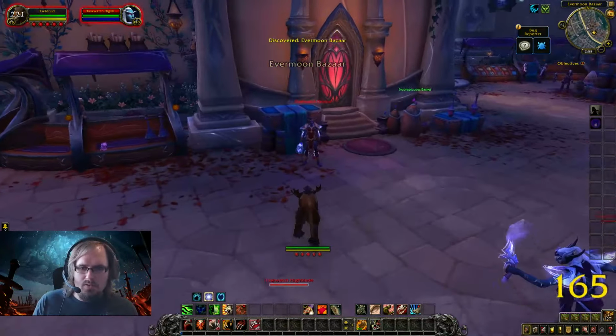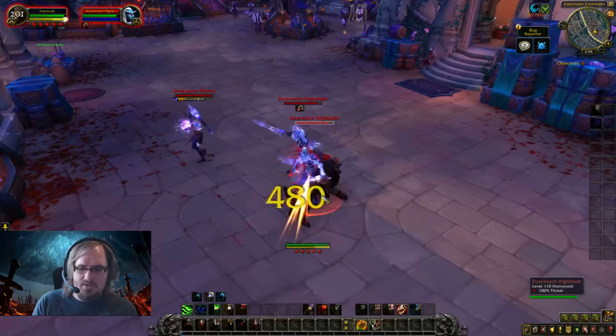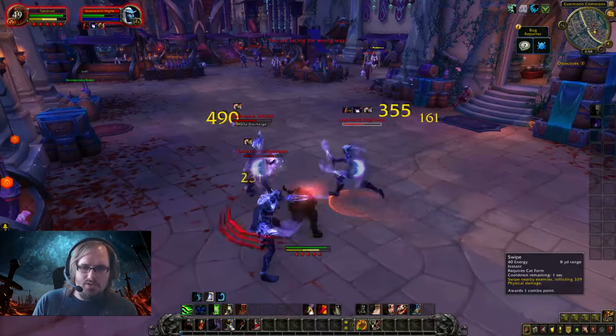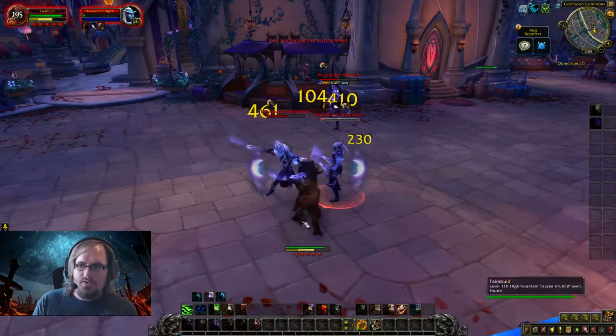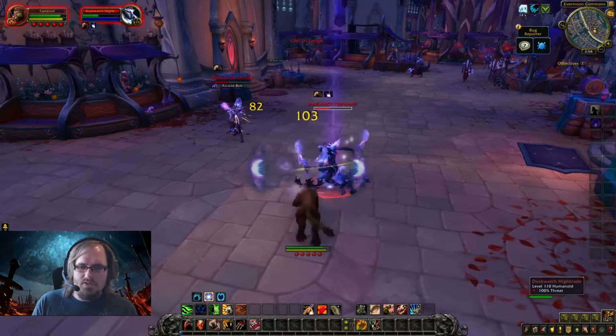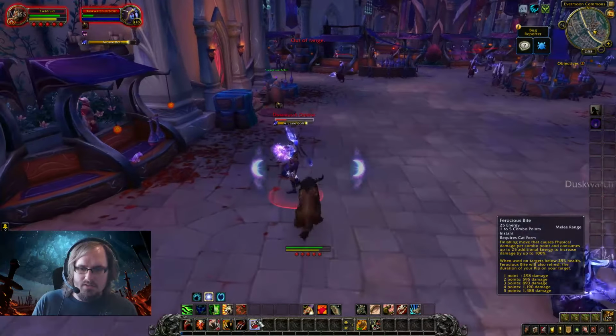So let's go ahead and pull these three. Here, we'll show off some AoEs. So we're on our main target, we're going to do our rake, then we're going to thrash. We can start swiping to build up combo points this time. Keep on swiping. And in this situation, you're oftentimes just better off using your Ferocious Bite to get rid of